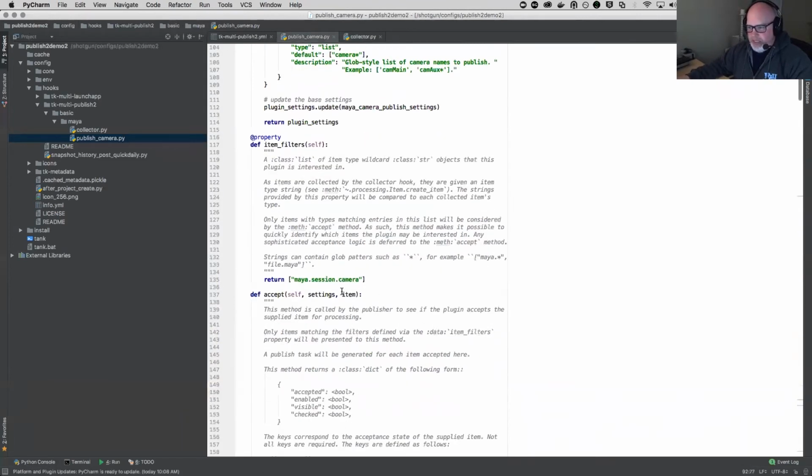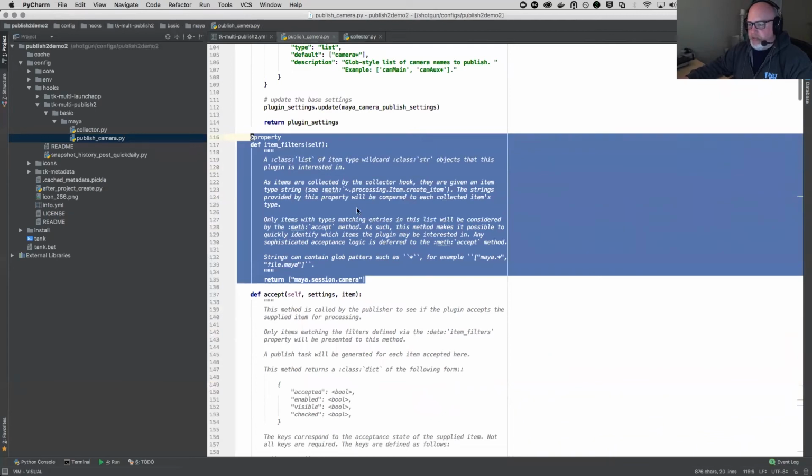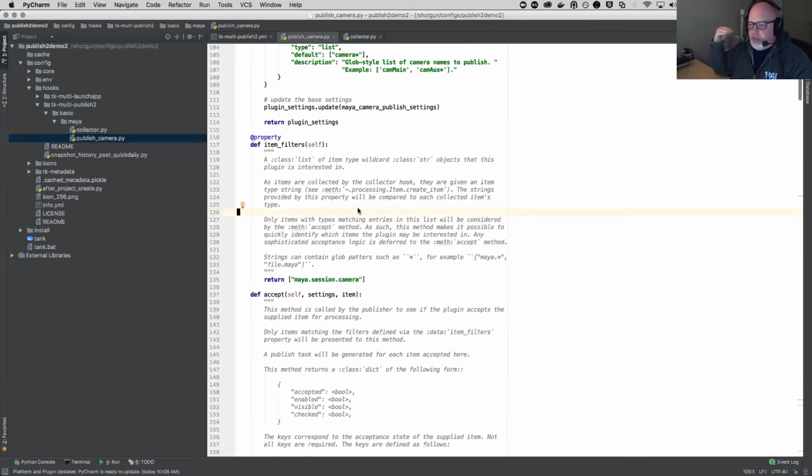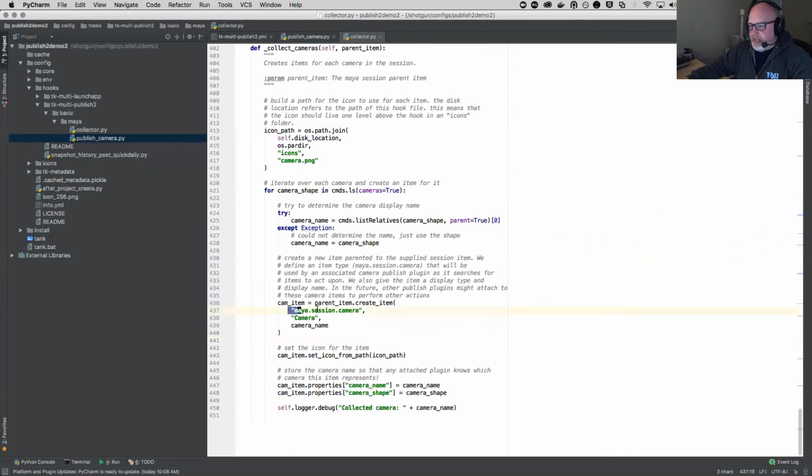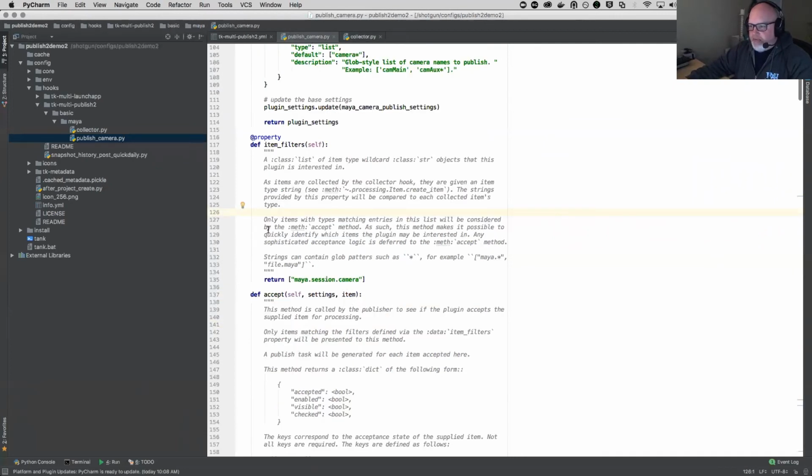So the item filters is, again, this is the contract. This is the way that the items are provided to the registered plugins to see if the plugins want to act on them. This is the initial connection point between the items and the plugins. So if you remember in the collector, we gave it a type of Maya session camera. Here we have the publish plugin looking for items of that type with the item filter set that way. So we know for a fact that this publish plugin is at least going to be interested in any camera